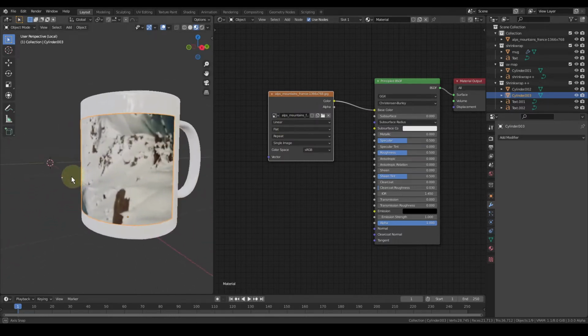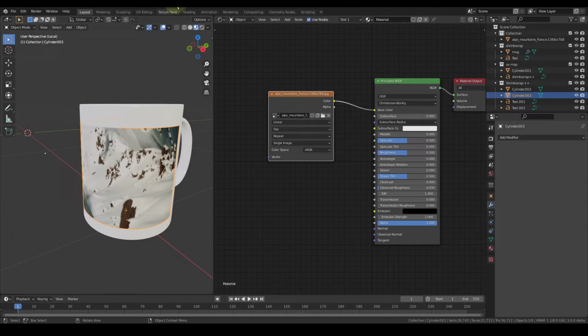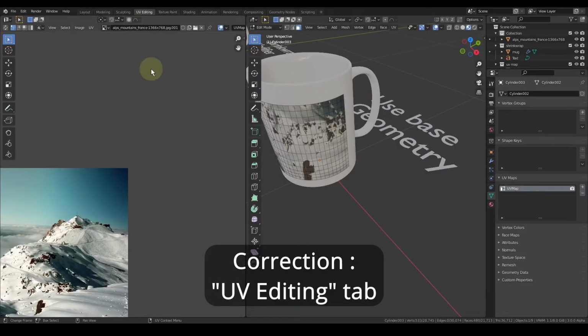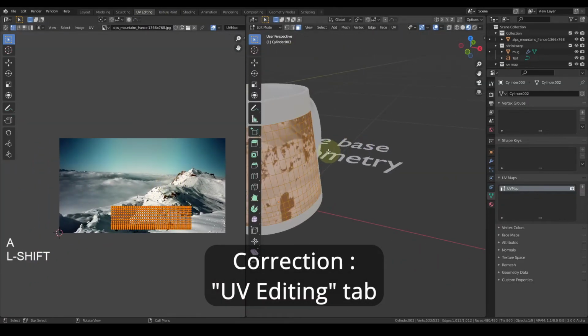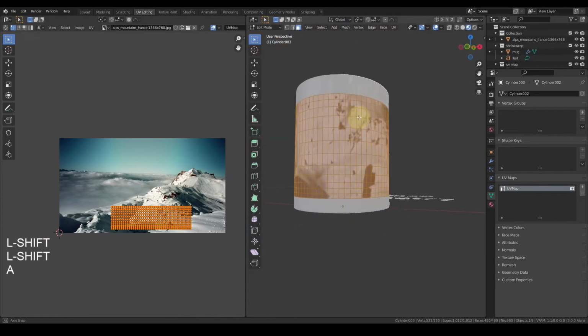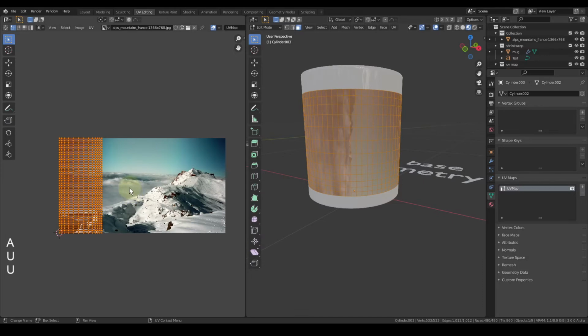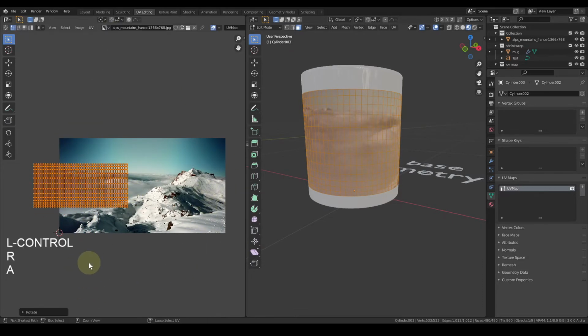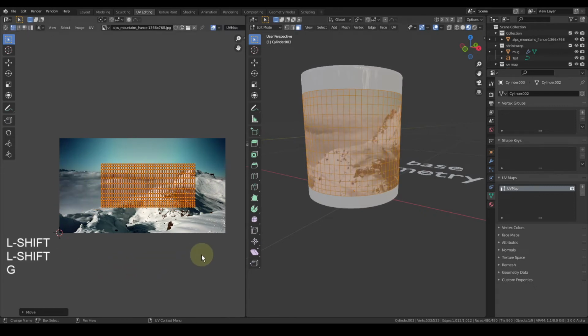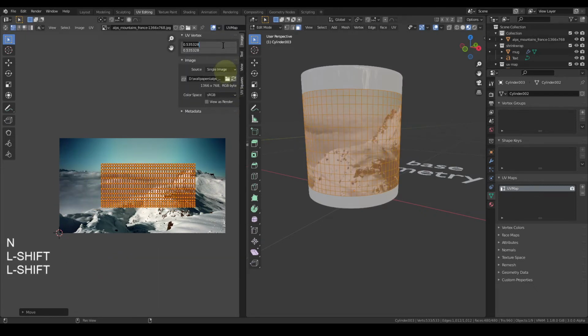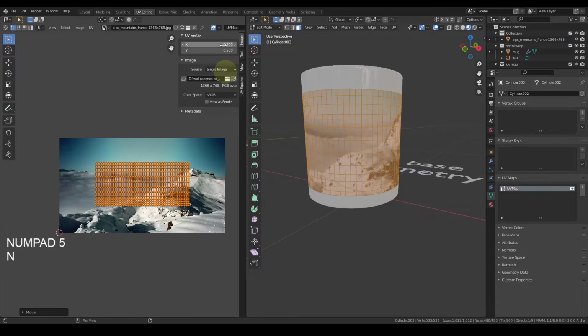So we see something, it is still not proper, so we are going to go into the edit mode and select all the faces of this mesh, press U and unwrap. Now these faces are vertical, we need to rotate them, 0.5.